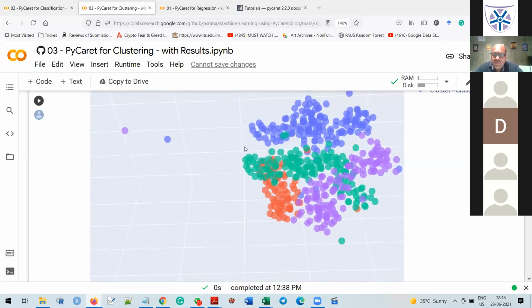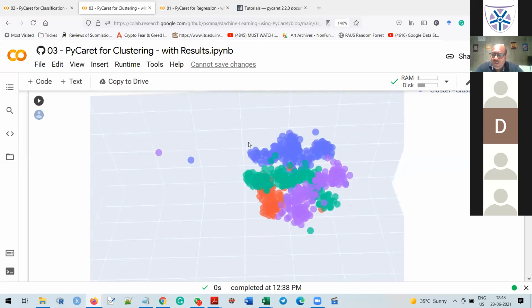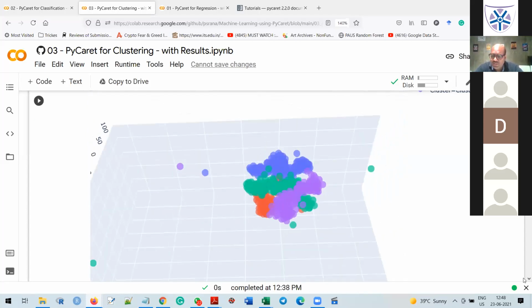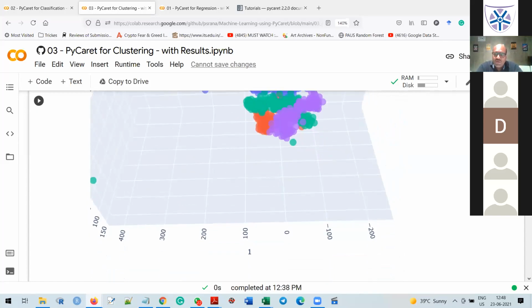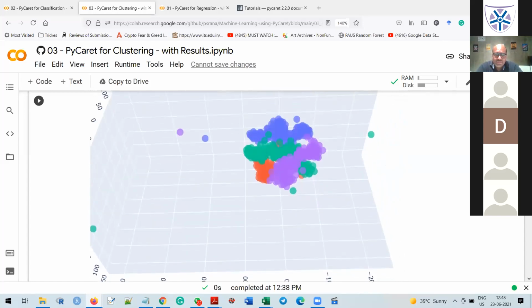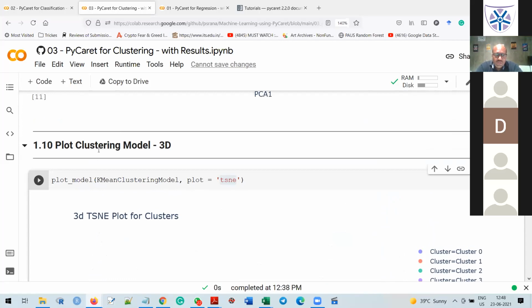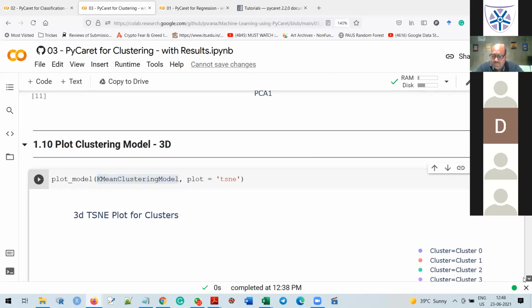This is the way we can visualize all my cluster points in 3D. How exactly did I do this? Plot_model, passing your trained model, and plot equal to TSNE. Class, all the things I already showed you, you just need to press Ctrl+Enter and try to visualize them, for simplicity.